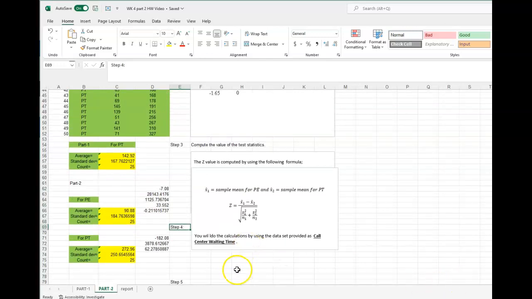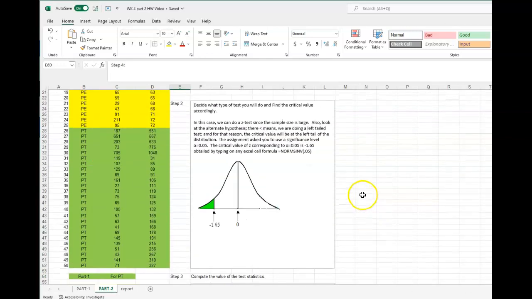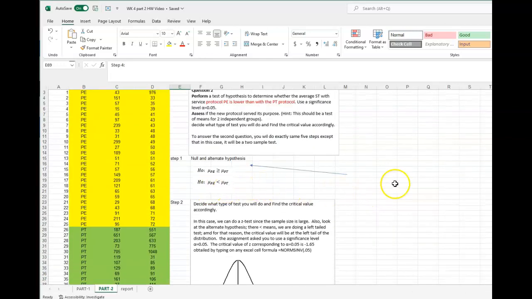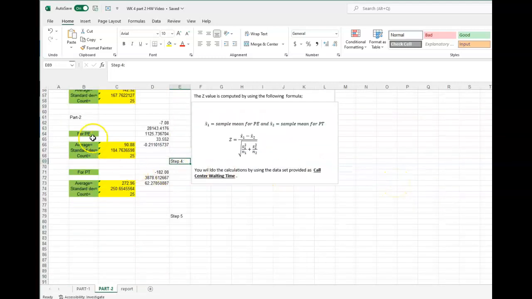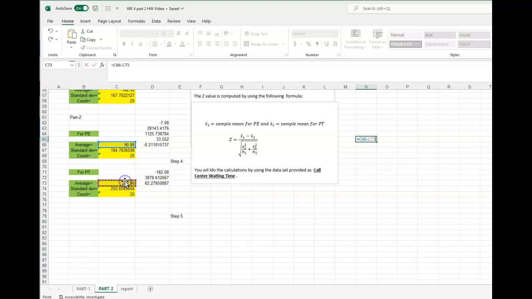Now in this case, you have PE and PT, right? You can look at here, PE and PT. So this is PE and that is PT. So this minus that will give you the top part. So the top part I'm calculating here is equal to PE minus PT. This gives you the top part. Now the bottom part